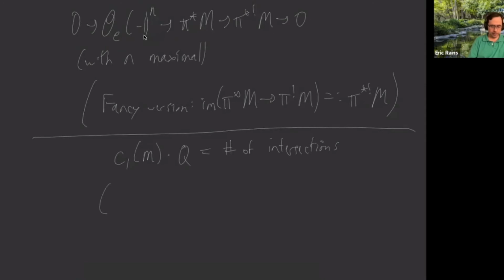We see that the minimal lift has class the pullback of the class of M minus n copies of E. And then of course we get pi upper star Q minus one copy of E. And so then we take into account intersections. And the key point is that